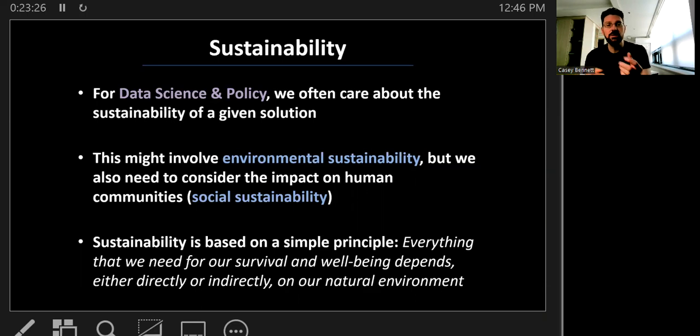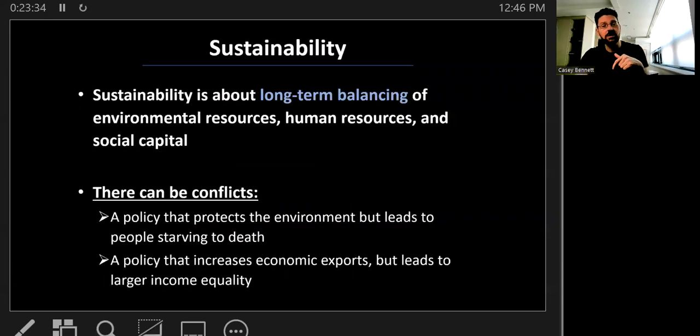And so social sustainability, environmental sustainability, probably other types of sustainability too. These are things that we have to think about in this particular class, because sustainability is a balancing act. It is a balancing act, and we have to think about it in the long term. Every time we try to do this, well, now this thing has been affected, right? If we try to save environmental resources, well, now we might hinder the economy, and we're going to reduce human resources, right? Or we're going to disrupt human communities, human social systems that exist right now, human networks, and that might damage people in ways that we don't realize.